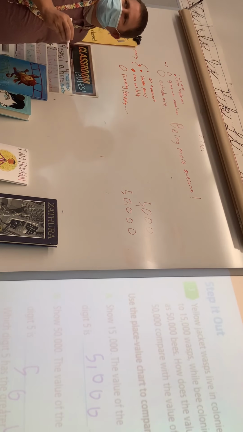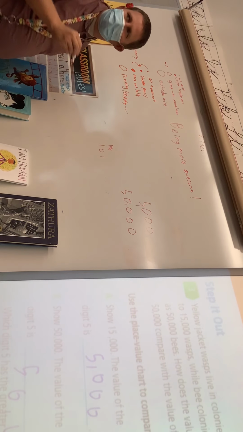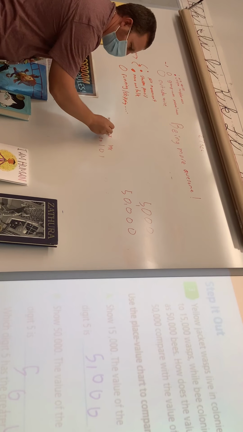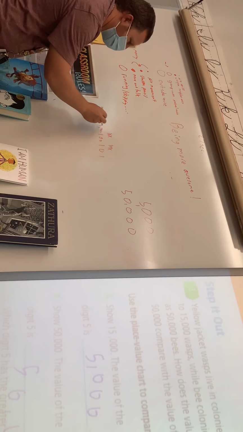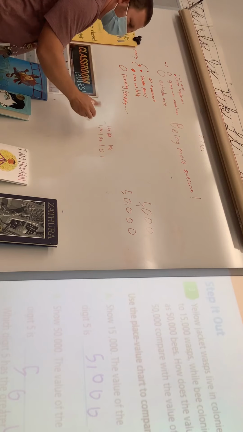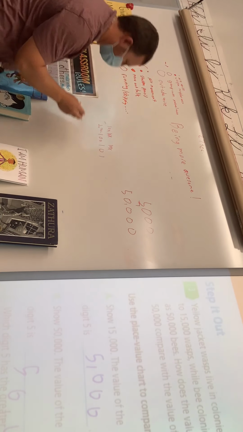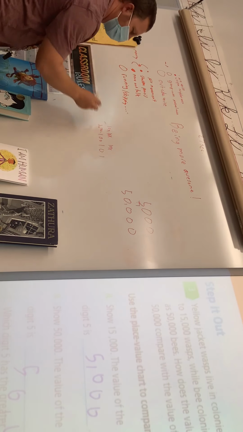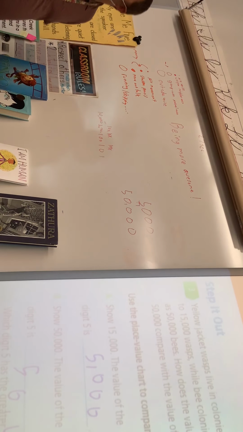We have 1, right? And then we have 10, which is 10 times greater, right? And then we have 100, which is 10 times greater than 10. And then we have 1,000, which is what? 10 times greater than 100. So am I in the thousands with this one? Yeah, I'm in the thousands, right? 5,000. Okay. So what happens when I go to the 10,000s? What am I? 10 times